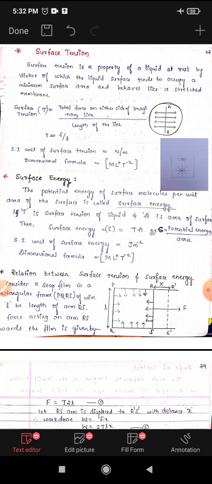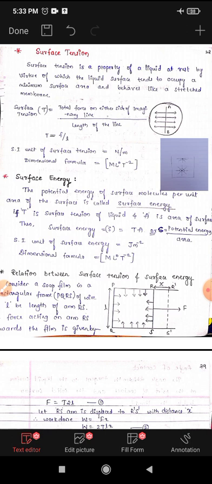See, when we take a water drop, it will be in a spherical shape, and also when we take a mercury drop and place it on a glass surface, it will have a nearly spherical shape, right? All of these have nearly spherical or spherical shapes. Why? Because for a given volume, a liquid has a minimum surface area in the case of a sphere.